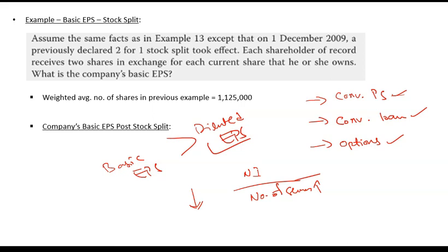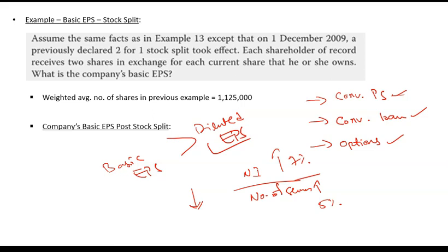this might happen that when you calculate the diluted EPS, the number may come up to be higher than basic EPS. Some securities may be structured in such a way that when you convert them into common shares, the impact on net income more than offsets the impact of the number of shares. So in that case, overall EPS will increase. Let's say the number of shares goes up by 5%, but net income goes up by 7%. So overall EPS will increase. In that case, your diluted EPS can come up to be higher than basic EPS.